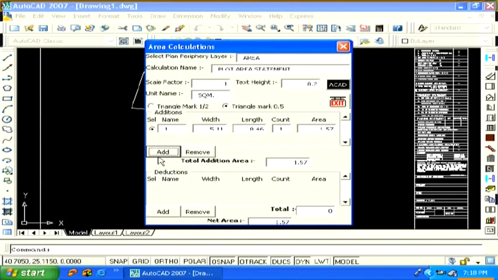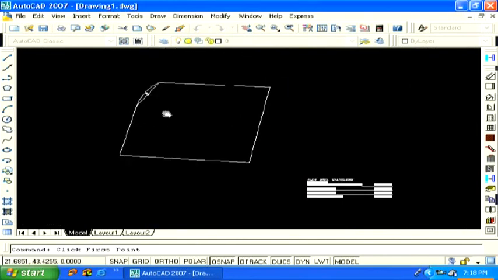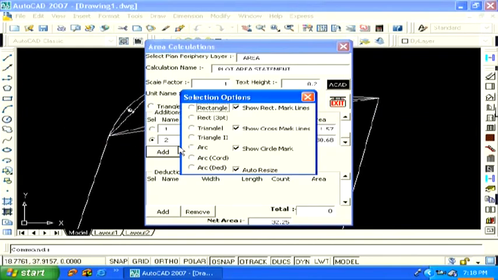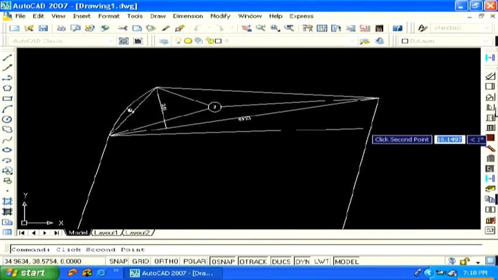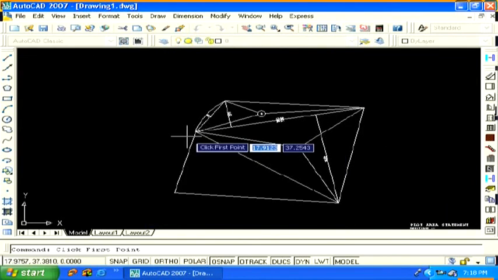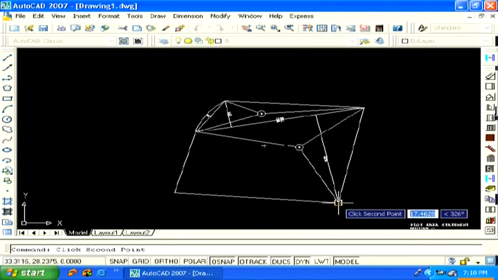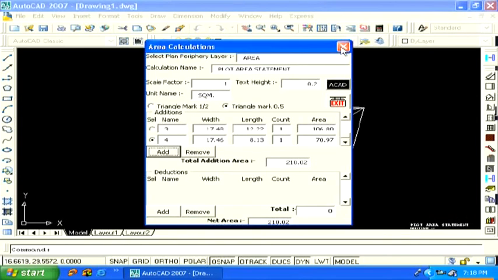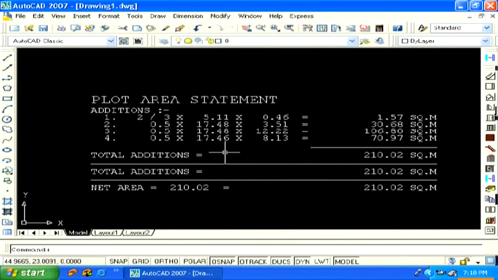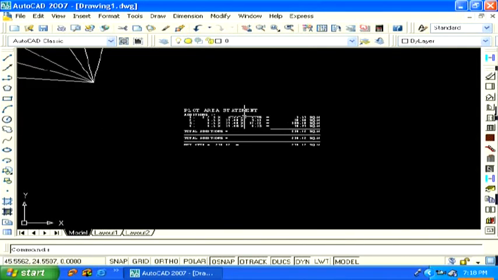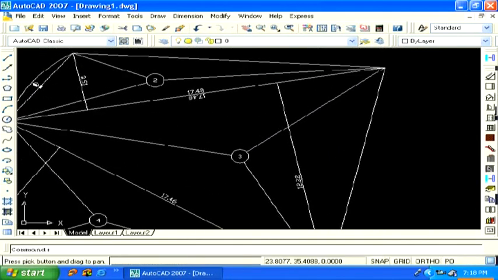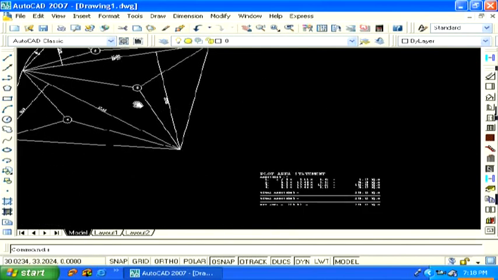The areas within the plot are marked as squares and triangles or arcs, and as we go on marking these areas, the same are presented alongside the drawing of the plot. Here we have saved a major chunk of time for the architect by presenting these statements perfectly and accurately. Drawings having 70-75 deductions are calculated and presented in just some minutes, which otherwise would have taken at least a day's work.